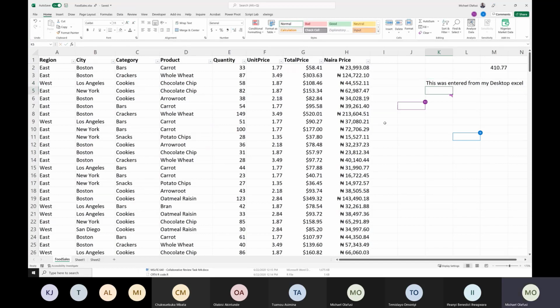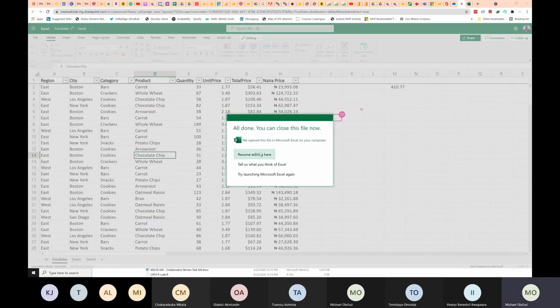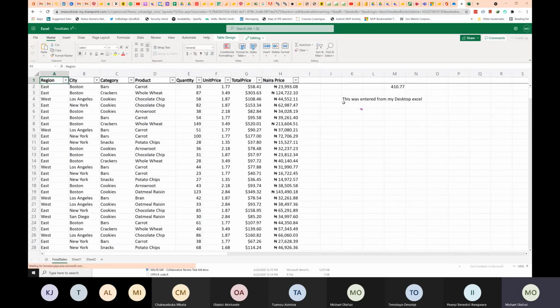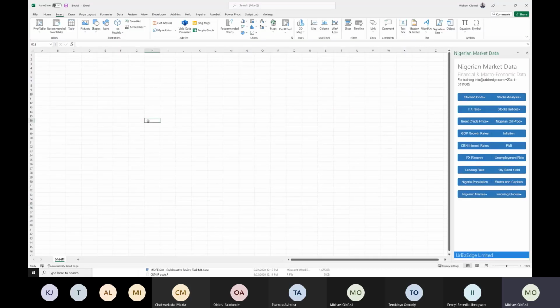And if I close this, I resume editing here, you see it's showing. Not a problem, right? But what if I'm supposed to use this in a report? What if I'm supposed to use this in a report within Excel?